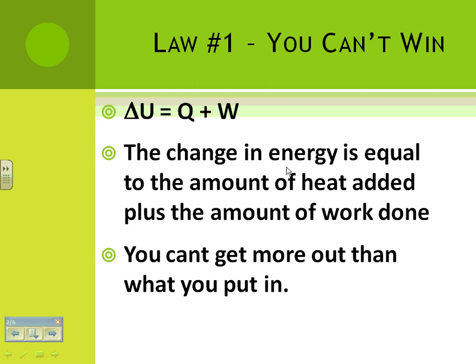Basically, what this says is that the change in energy of a system, whatever system it happens to be, some gas, whatever, is equal to the amount of heat added plus the amount of work done. So if you do work on a system, then that can increase the energy. We've talked about this before in the last unit on energy. It was called the work energy theorem, right? You can do work to increase or decrease the energy of a system. So what this is saying is that the total energy, and we're going to call this the internal energy, the change in energy is equal to the amount of heat given to the system plus the amount of work